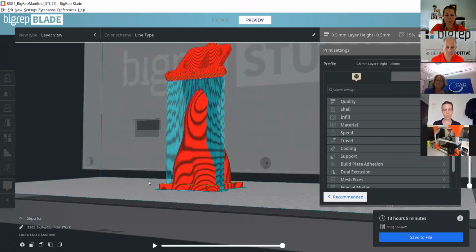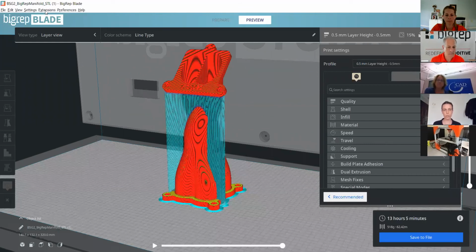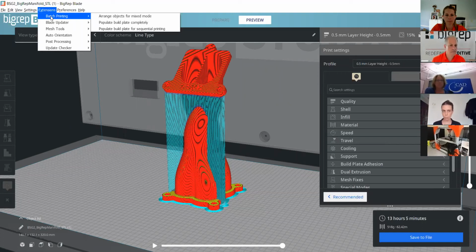And then the last thing I'll mention is two really special things about Blade actually are that it has automated batch printing. So as you can see, when I go up here to the extensions tab, you can arrange models for mix mode. So that means printing models one by one, but numerous models at a time. Or you can automate build plate completely. So it means that you can fill the build plate completely. It'll do it for you in a really intelligent way. So it makes batch printing really easy if you do end up using this for a